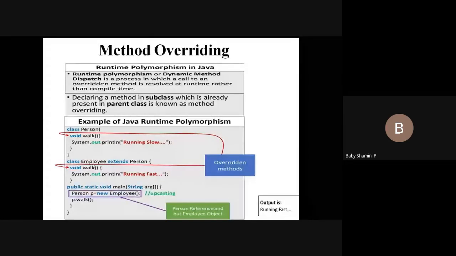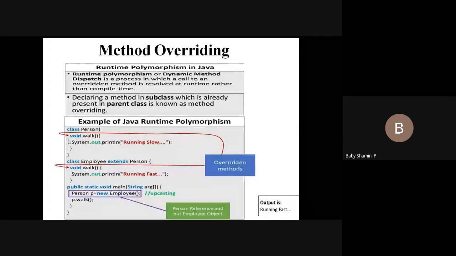Why do we go for this concept? Suppose the subclass is not satisfied with the parent class operation, then it overrides the superclass method.